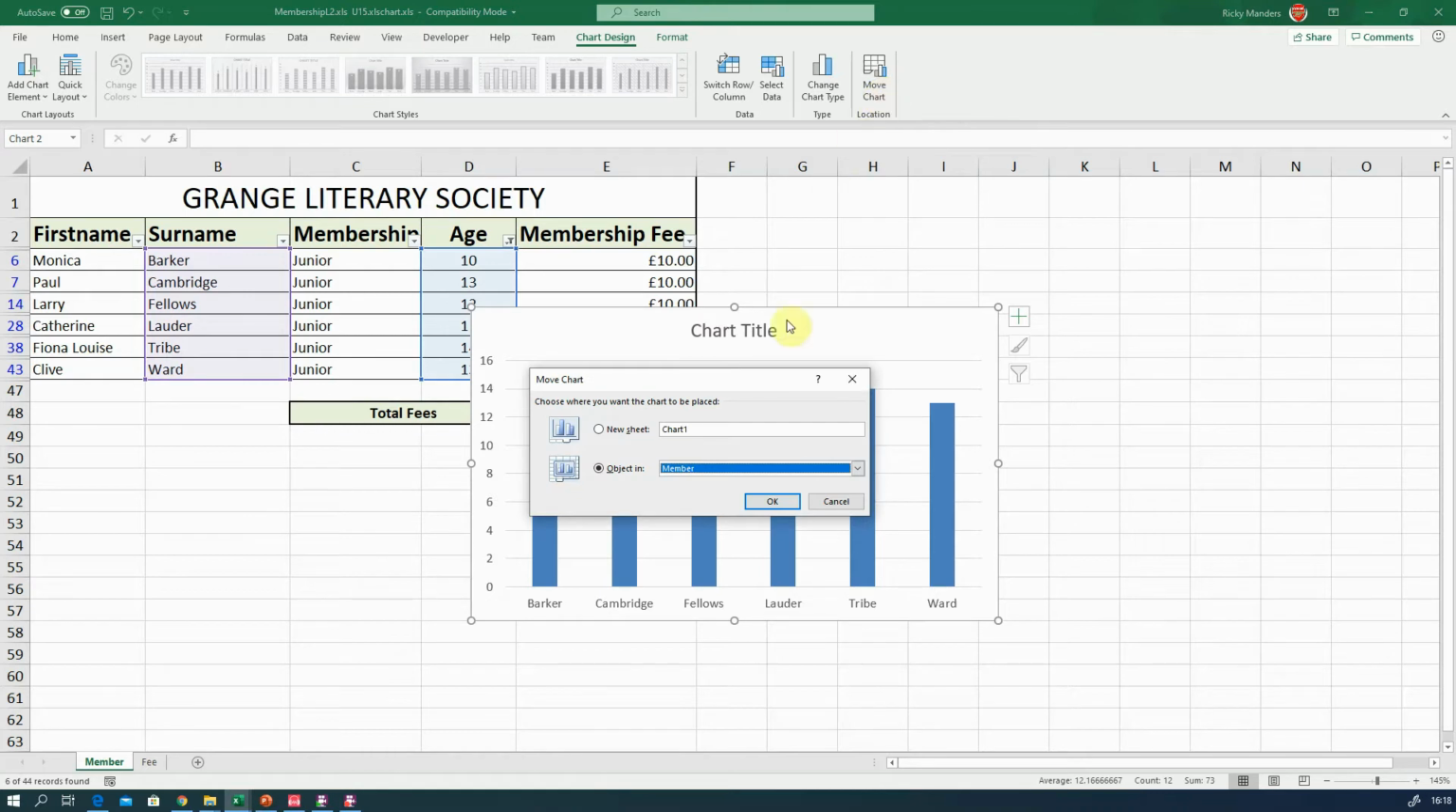If we click on that, we then get this move chart window. By default, it selects object in member, and if we click on that, it will allow us to basically move the object to a different sheet. We don't want to do that. We want to actually create a new sheet, and we're going to give it a meaningful name, so we're going to call it column chart. We could have called it members by age chart or something like that, but column chart is fine. Click on OK,